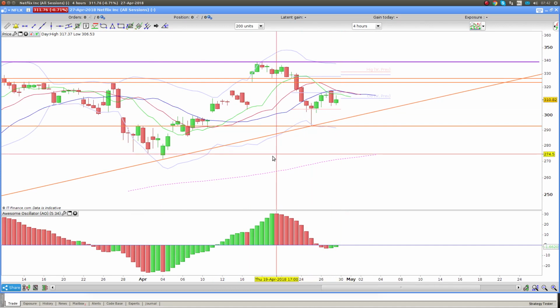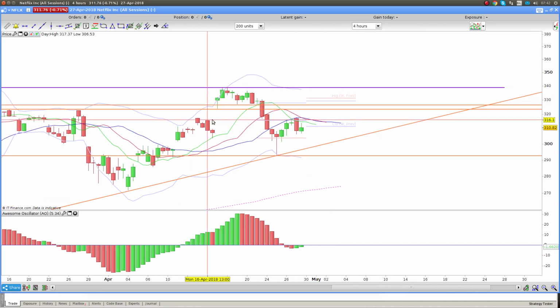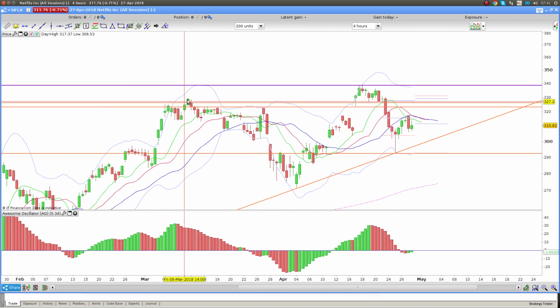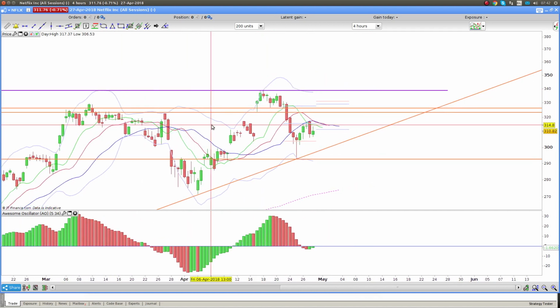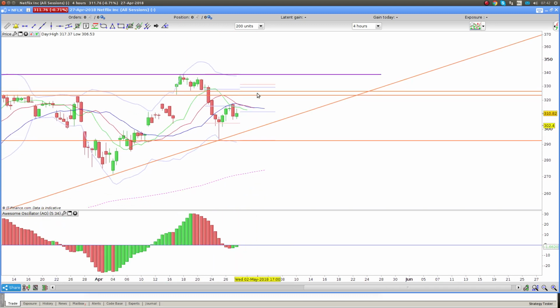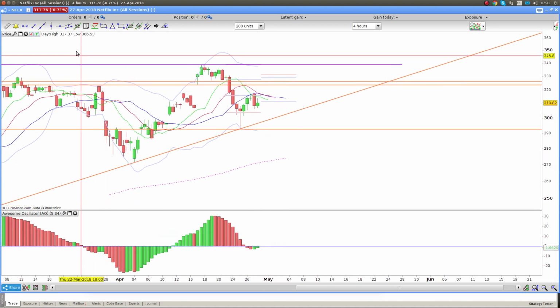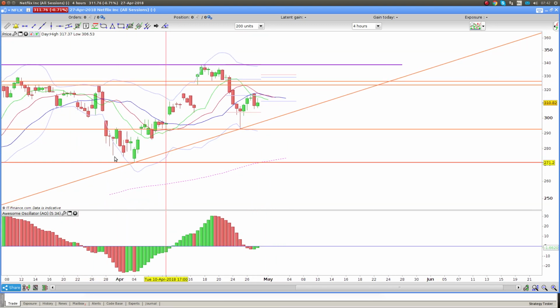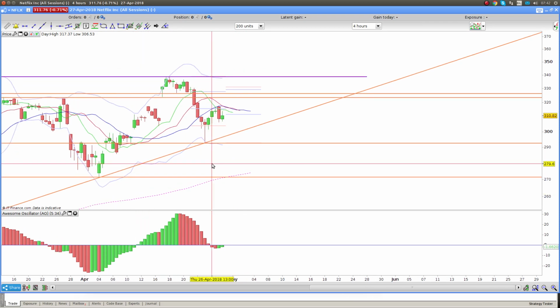So I've got a low there. I've got a higher low here. Okay, I've got a higher high here, and so it's higher than this area to there. So at this stage, the trend is still up, guaranteed. But I have a feeling that we have a trend reversal brewing at the moment. And the real confirmation will be a break below this level here.